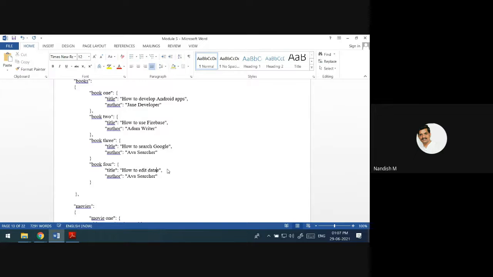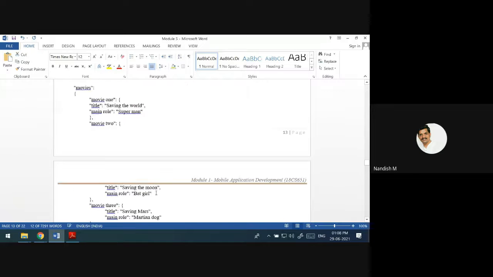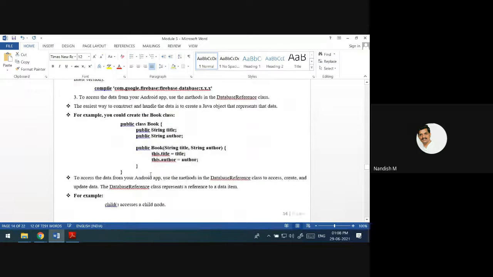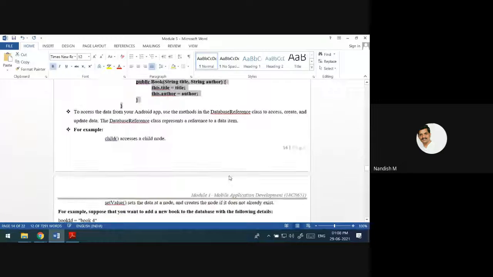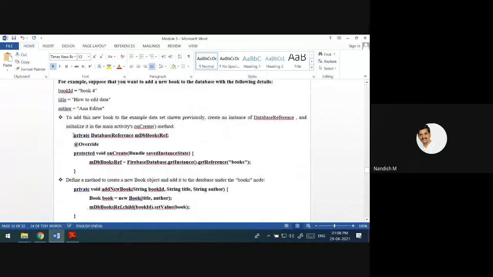If you actually open the Firebase console and check, you will see the data like this: an editor. If you want to add like this, in this way, you have to write this class and this much code.